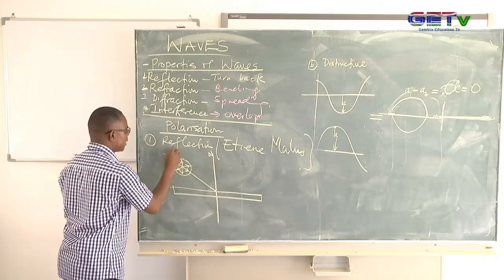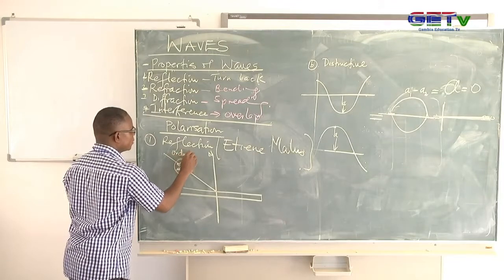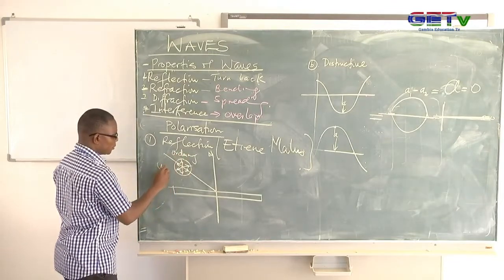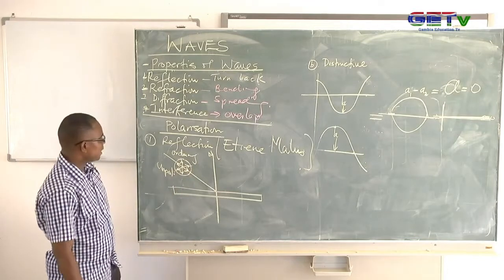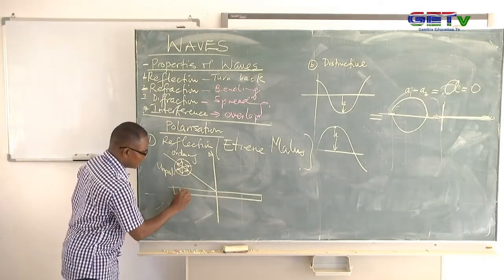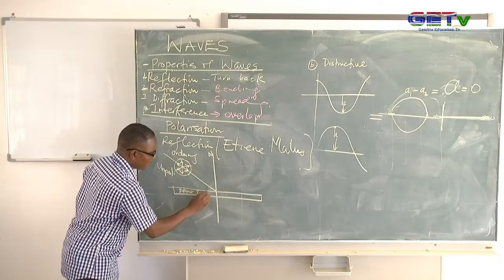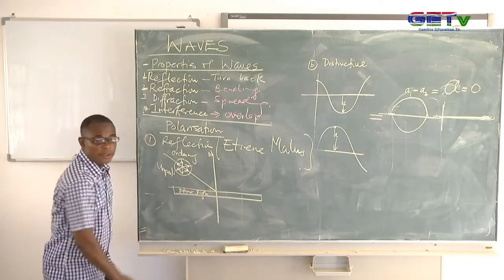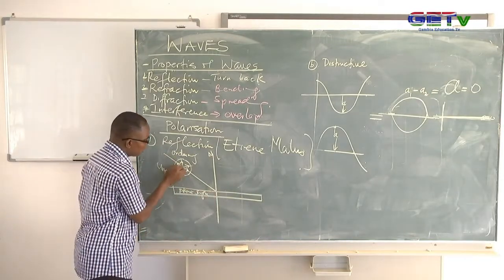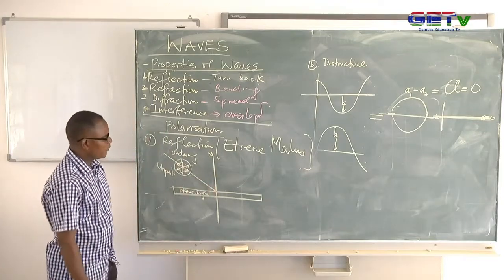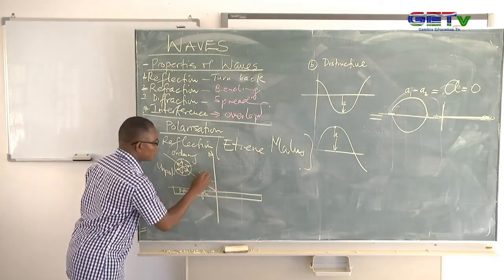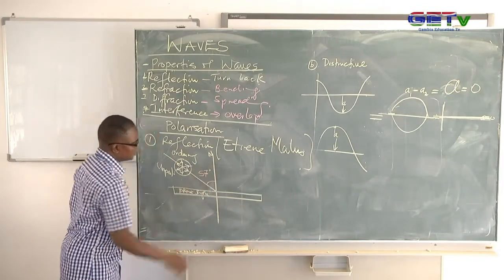That is ordinary light, unpolarized. Now, when this unpolarized light is incident on this plane surface, according to his investigation, at an angle of approximately 57 degrees,